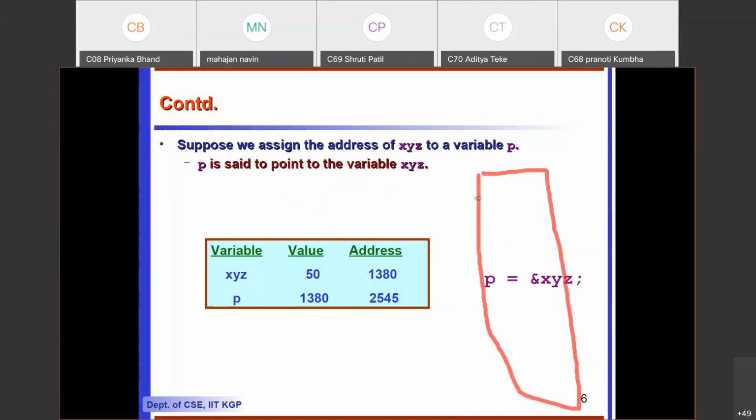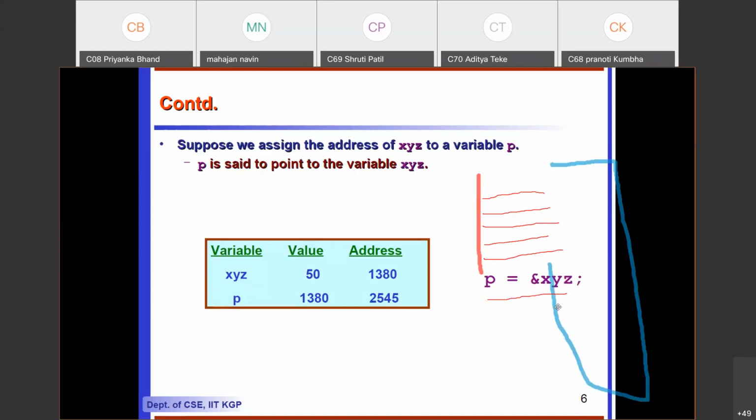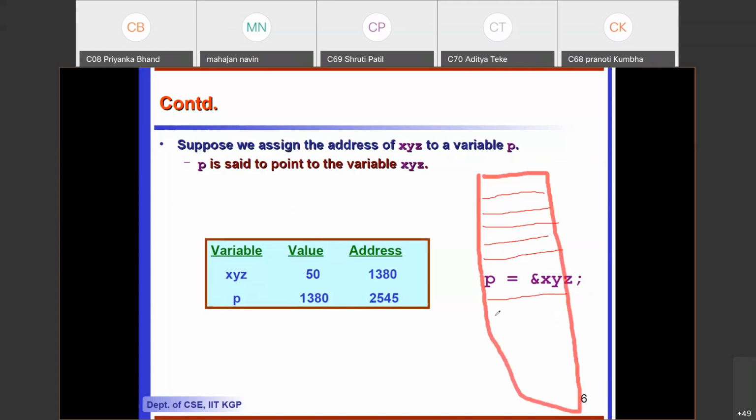Suppose I have memory locations like this.